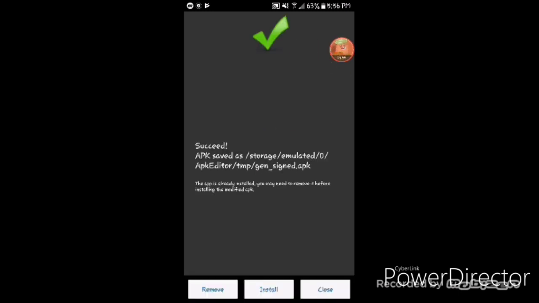Okay, once you see this screen, you know that you've done it right. It'll always be called gensign.apk. Okay, so it's going to say the app is already installed, you may need to remove it before installing the modified APK, which couldn't be truer. However, do not click remove, because if you do, more likely than not, your progress will not be saved. This will exit out of this screen, and then,